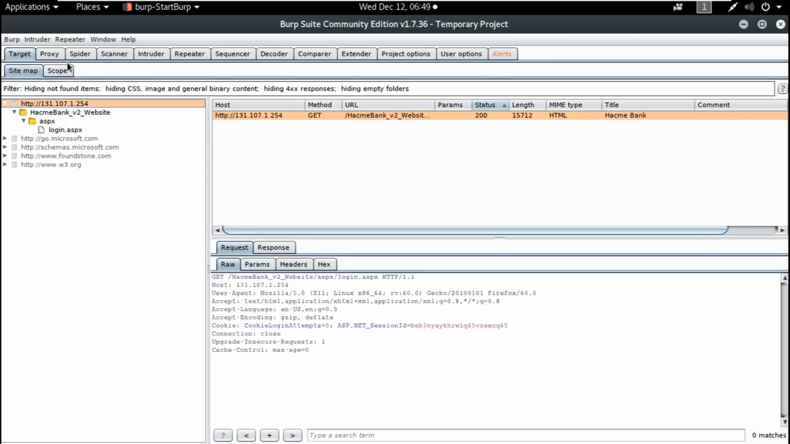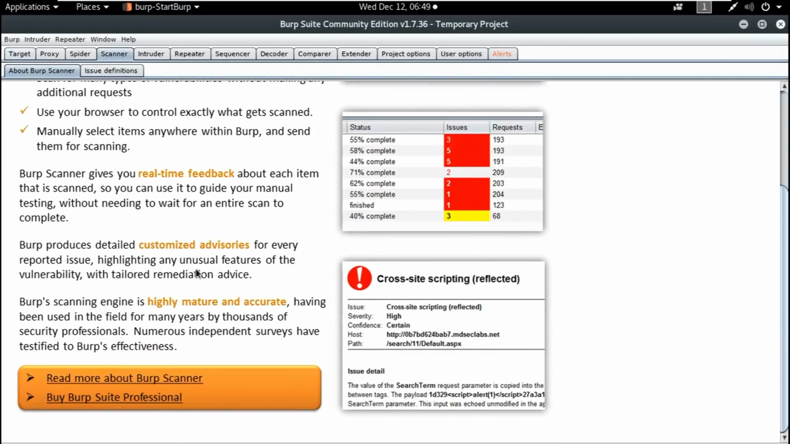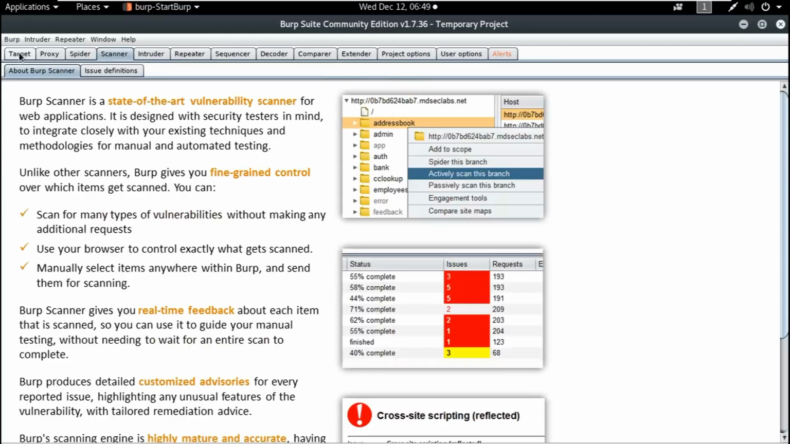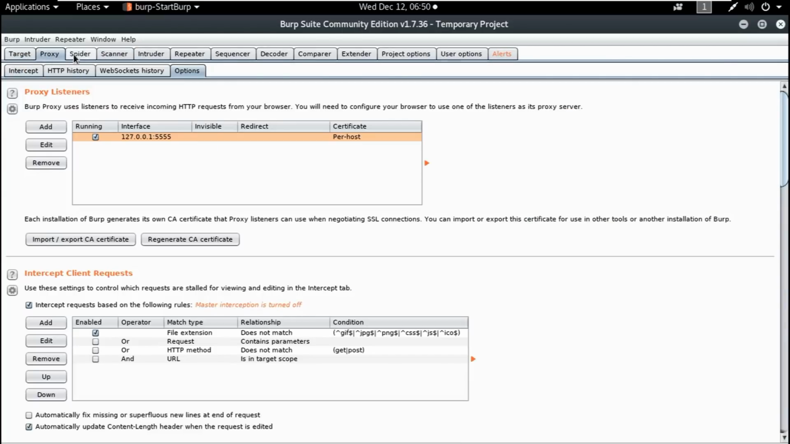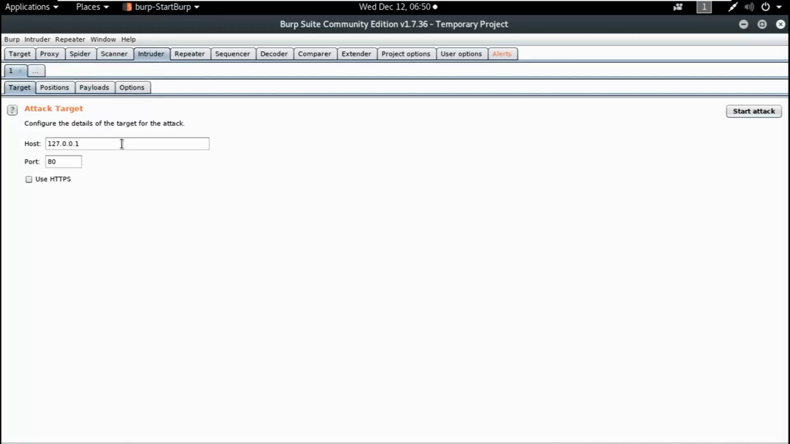Yeah, there's a scanner. I think it's only applicable to Burp Suite Professional. We don't have that one. Let me see: target, proxy, spotter, scanner, intruder. Here we can actually do the target. Yeah, so just go to this one, the host